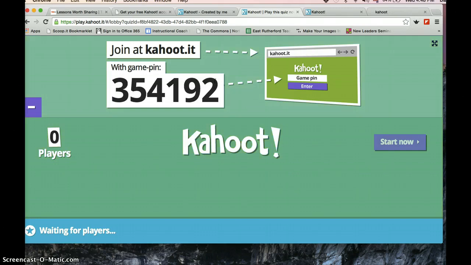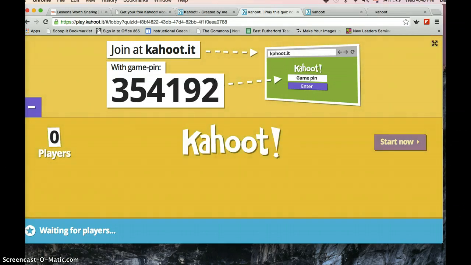The nice part about this feature is that if you tell your students to put in a name that you'll recognize them by, it's easy to track the data and the answers that they've given on any of these questions. It is limited in that it's basically multiple choice. However, it still gives you a general knowledge. So as I put in the game pin,